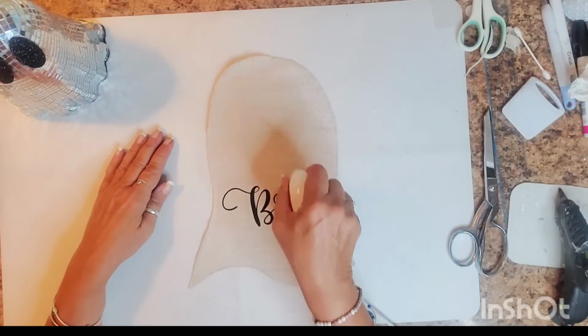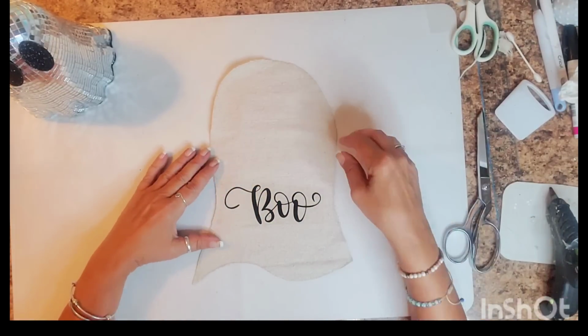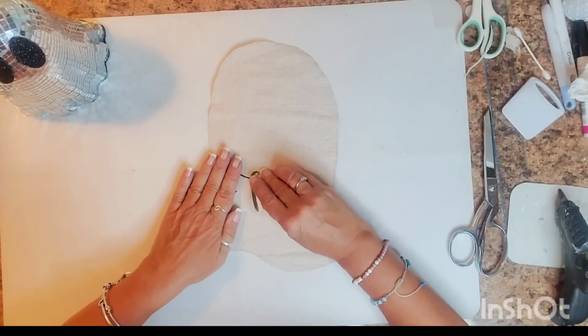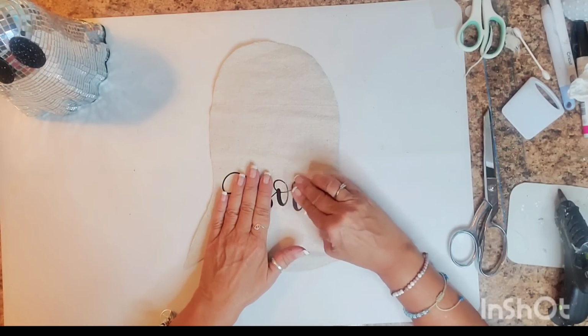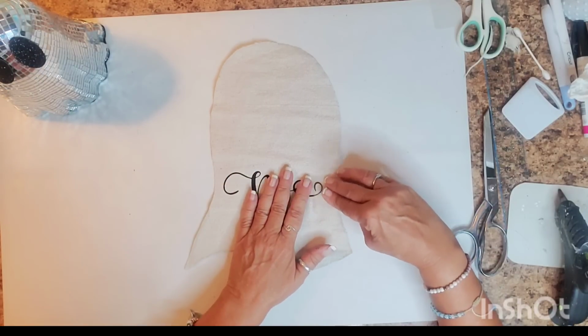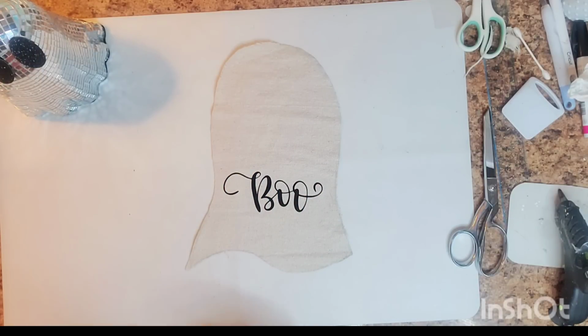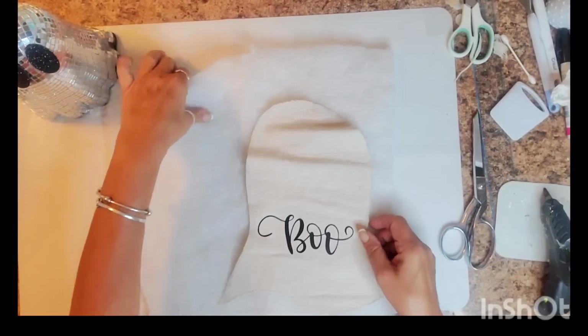It was not a huge piece. I didn't know what I would ever use it for. I thought maybe I would just snip the pom-poms off of it and use them individually for something. But when I found it in my stash, I knew it would be perfect for the bottom of this little ghost. So I get that decal ironed on, and now I'm going to cut a piece of